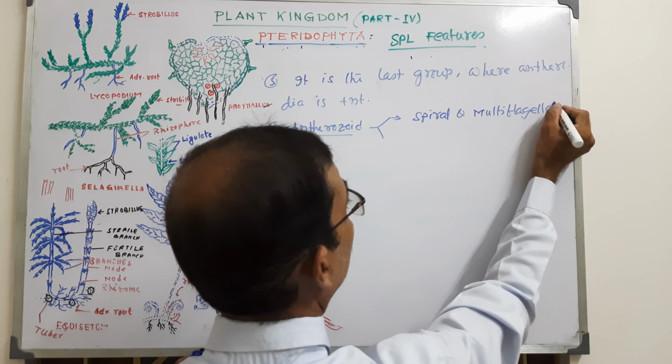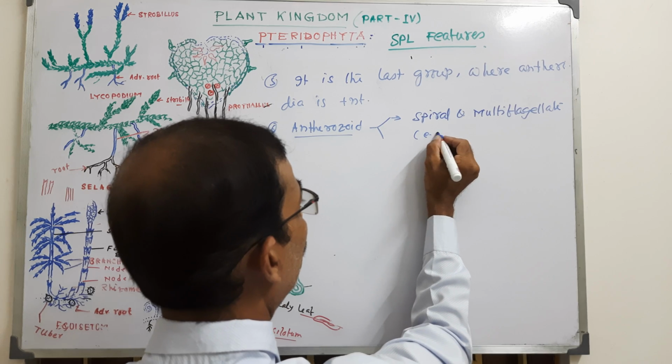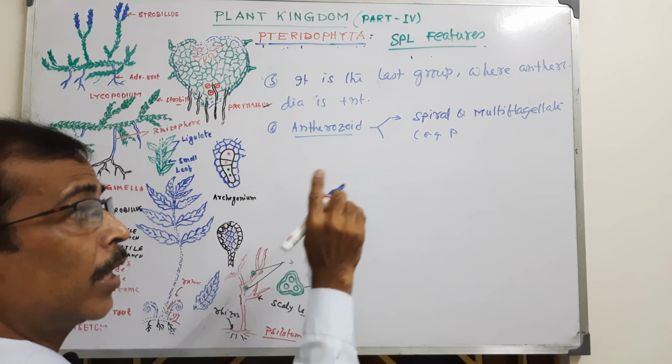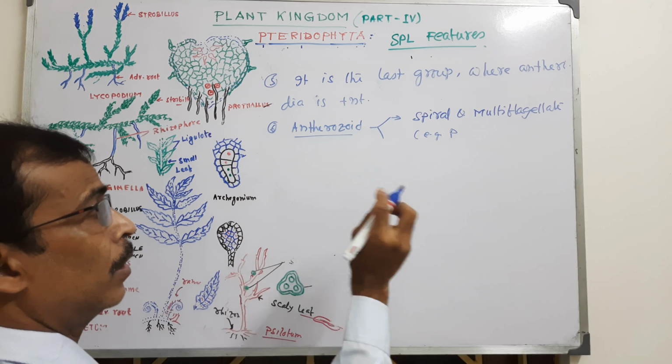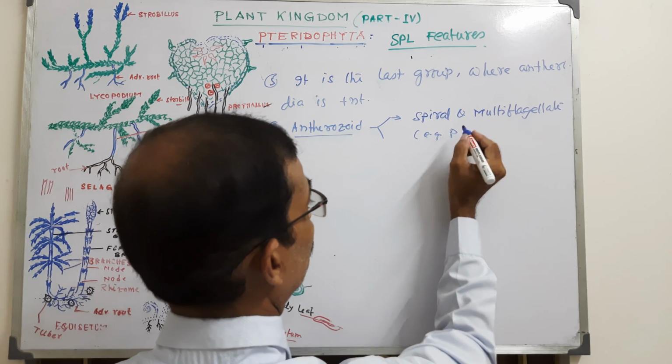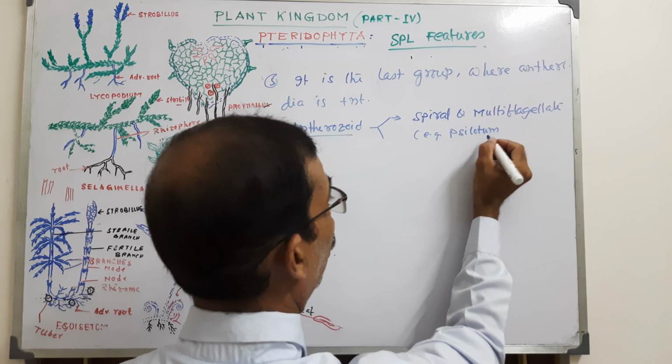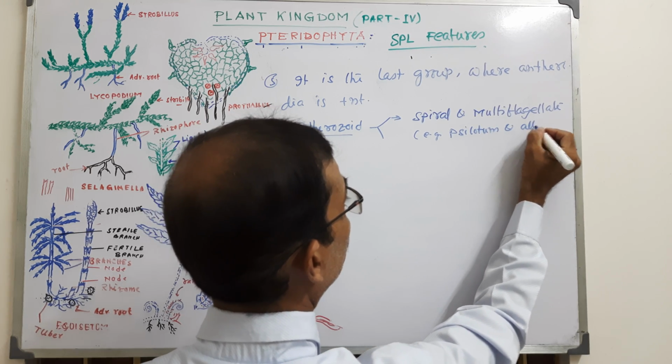It is found in, for example, Xylotam, a very primitive genus, but there the antherozoid is spiral shaped and multiflagellate, and in all members of ferns,